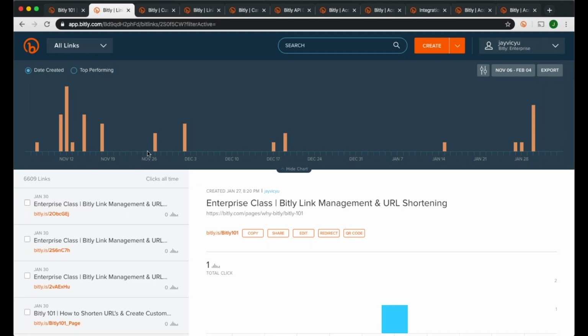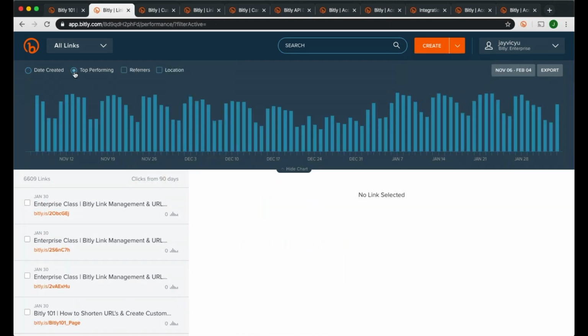Now let's take a look at this graph at the top of our screen to show you different metrics Bitly captures on an aggregate. What we're looking at here is the date links are created and the number of links created. You can also filter your links by users and tags. We can also sort by top performing, which will reorganize all of the links to show which links are performing